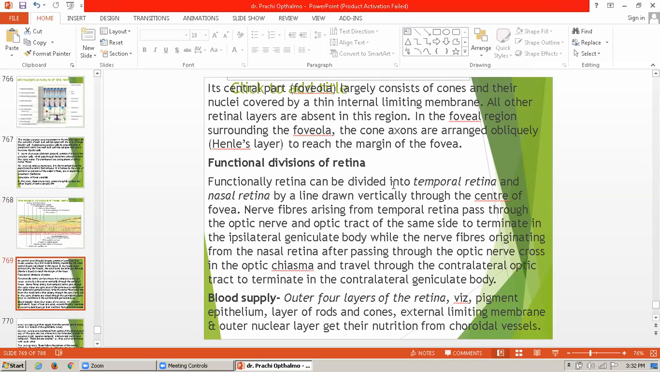Then the functional divisions of the retina. Functionally, the retina can be divided into the temporal retina and the nasal retina by a line drawn vertically through the center of the fovea. Nerve fibers arising from the temporal retina pass through the optic nerve and optic tract of the same side, to terminate in the